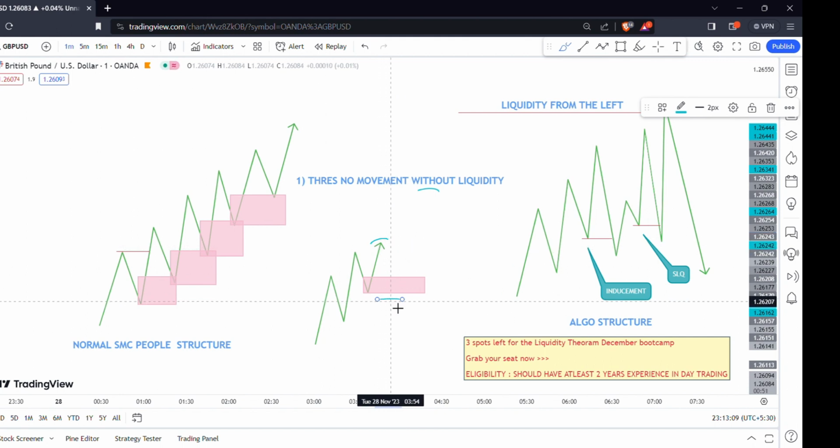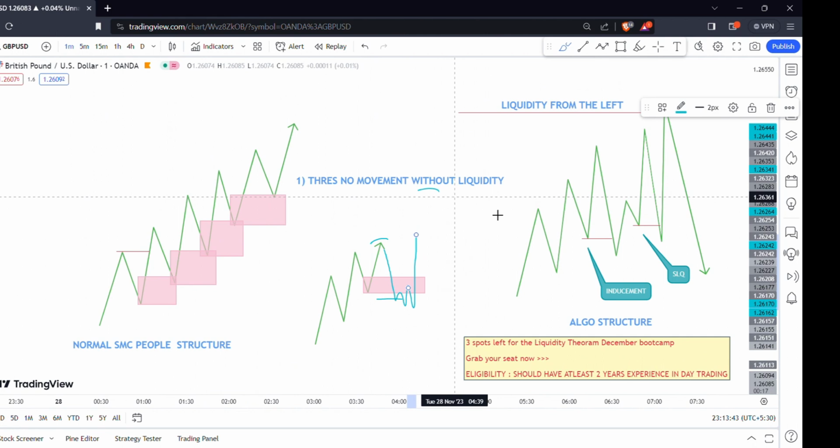After this liquidity is taken out, they will show some patterns in the second time frame. This is the very secret stuff. Nobody is talking. In the second time frame, they will induce again, a fake break of structure towards the upside, an inducement, and then they will go in the real direction if they want to turn the price. This is the simple mechanics of the movement of the price. If there is no liquidity, there is no movement. Liquidity is the fuel for the price.